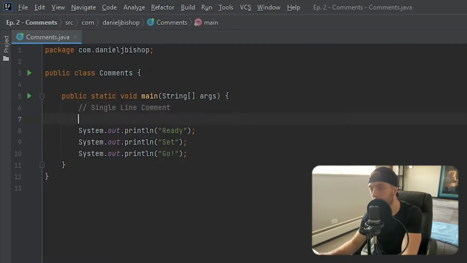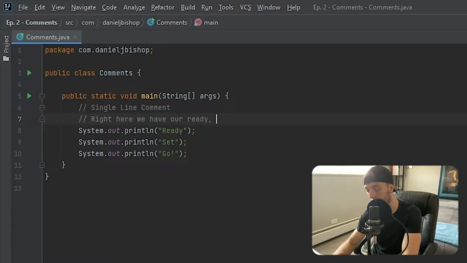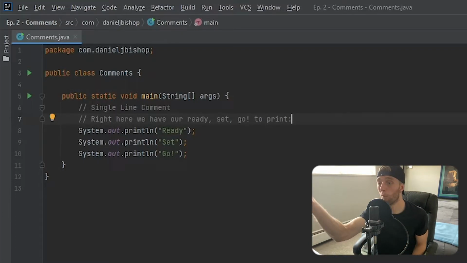What is nice about comments is just to be able to document what we're trying to do. It's useful in the fact of not only helping you remember what you're doing, but more importantly, it helps others know what you did before. When you document, it helps someone later on understand what you were trying to do in the first place. So for instance, right here we have our ready, set, go